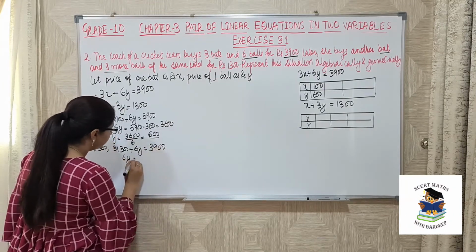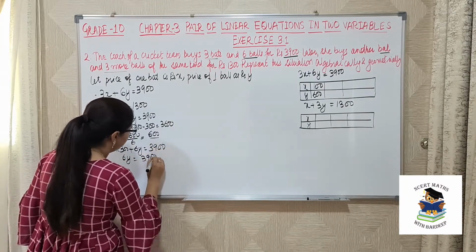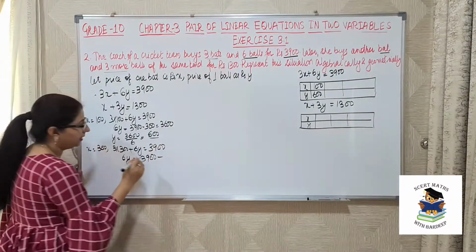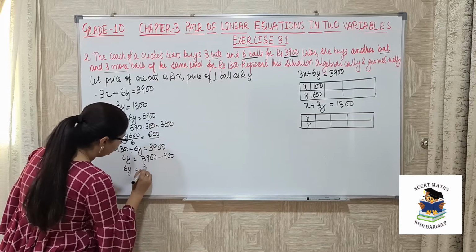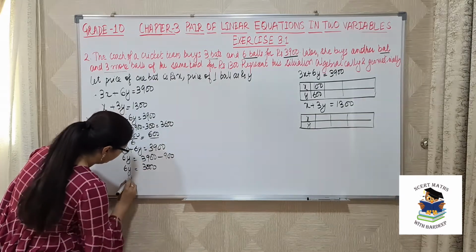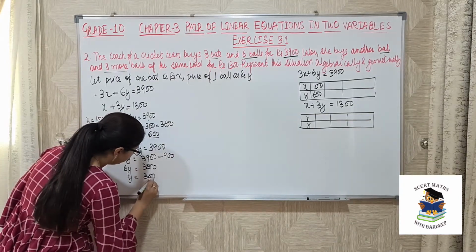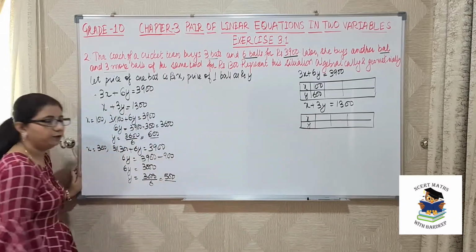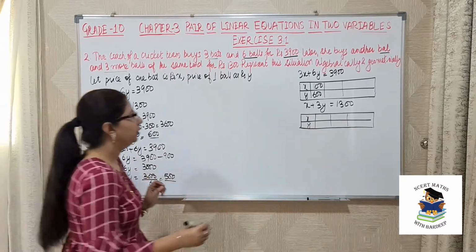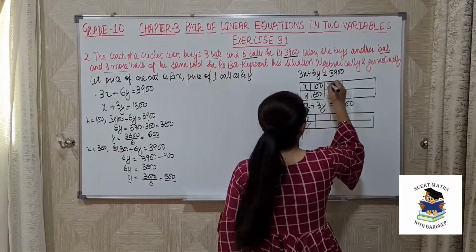So 6y is 3900. 3 into 300 is 900. So minus 900. And what is 6y then? 3000. So value of y is 3000 divided by 6. That means 500. Okay. So if x is 300,